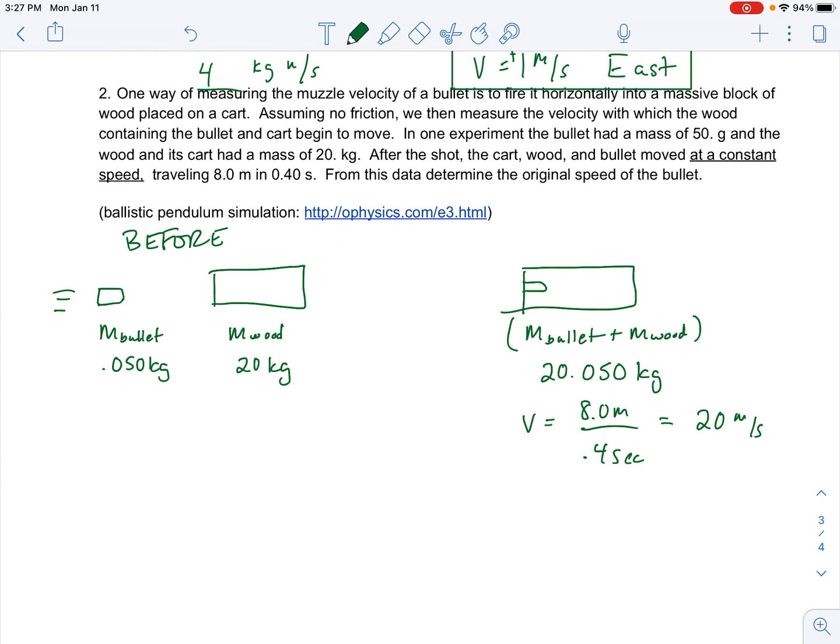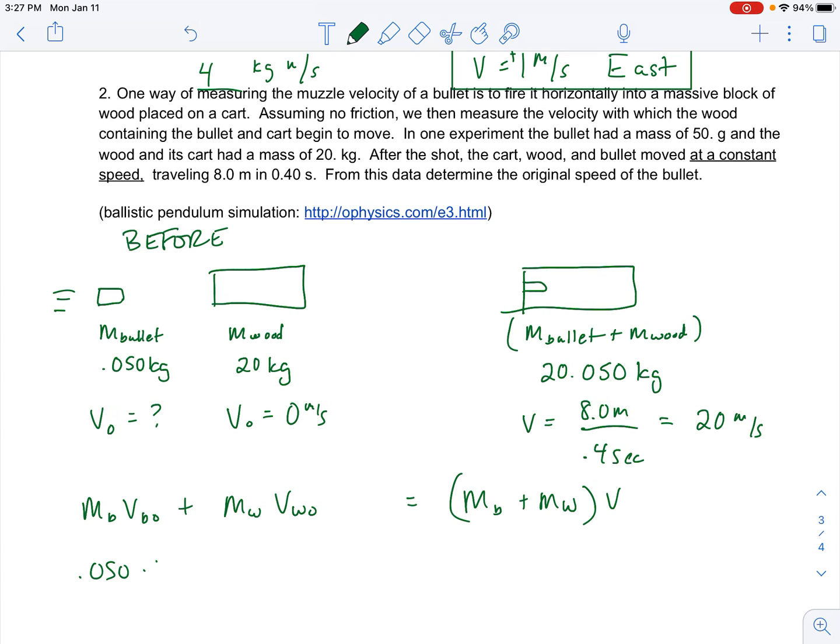From this data, determine the original speed of the bullet. Okay, so the bullet was moving initially. The wood was not. So this is an inelastic collision. So the mass of the bullet times the velocity of the bullet initially plus the mass of the wood times the velocity of the wood initially should equal the mass of the bullet plus the mass of the wood times the final velocity. So 0.050 times the velocity of the bullet plus 20 times 0, so that's 0, equals